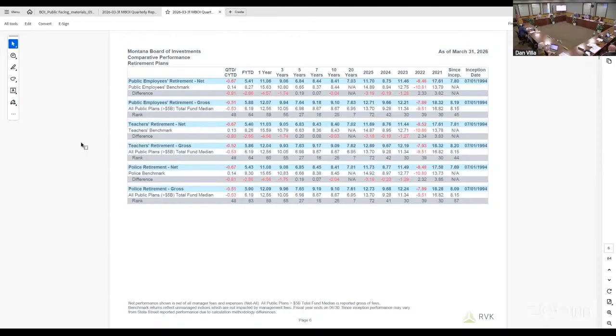You can see for longer periods, as we look at our assumed rate of return that both retirement systems talked about, our long-term since inception return has been 7.8%. So well ahead of that, which is certainly something we love to see. The intervening years, obviously 1 year, 11% rate of return. It was a period for equities outperforming. 3 years, a 9% rate of return.